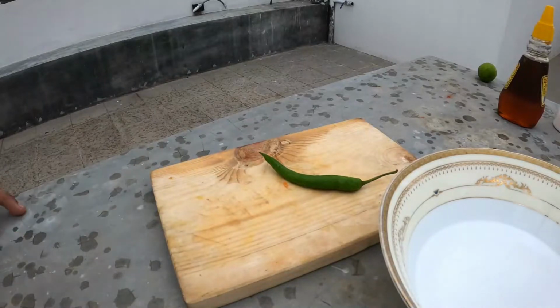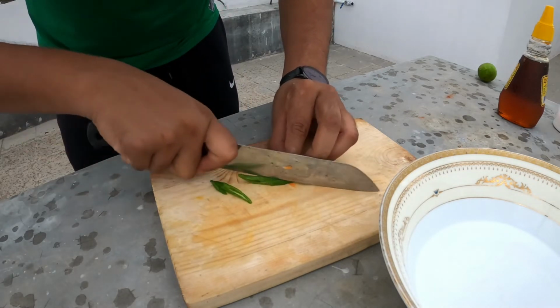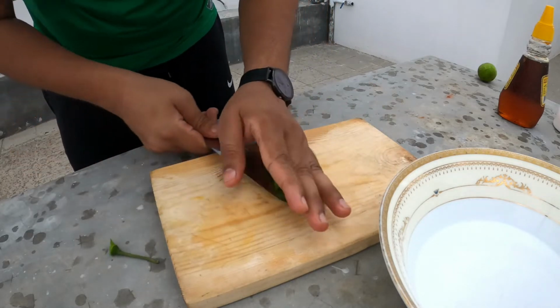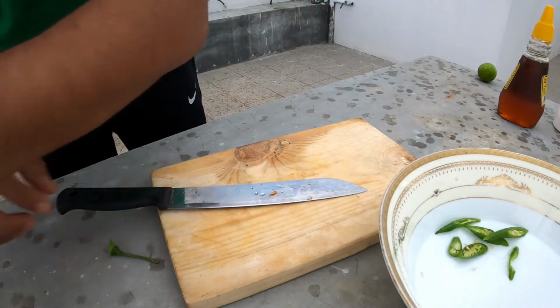So let's get straight into the recipe. So I have my green chilies first, and I'm going to beautifully slice my green chilies like that because I like a bit of heat in my salad. So fresh green chilies onto my bowl. Right, and next I have here the